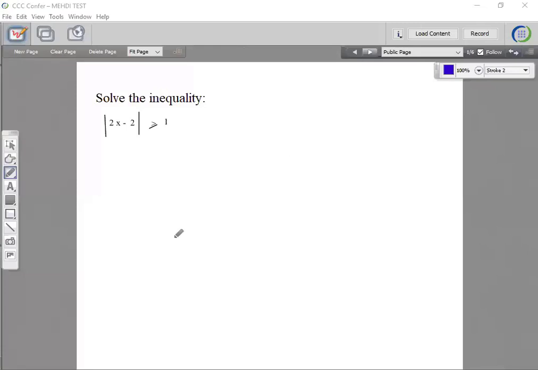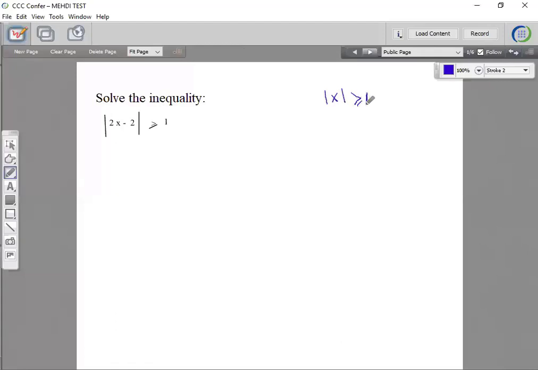Okay, here we want to solve the inequality involving absolute value. This is not a regular inequality, so I can't isolate the x. What I need to do is translate this to an inequality without absolute value first. So let's go back to see what it means when I say absolute value of x is greater or equal